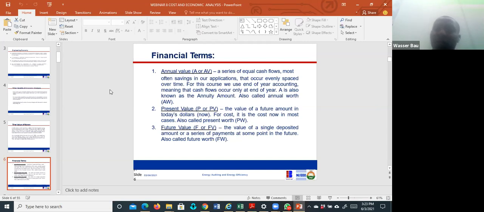We said that annual value is a series of equal cash flows, most often savings in your application, that occur evenly spaced over time. So for this course, we'll use end of the year accounting. There are two methods of accounting: end of the year accounting and beginning of the year accounting. In other words, end of the year accounting simply means if I invest in January, by December I'll go to my cash book and I'll know how much I have made. So in other words, the year starts in January and